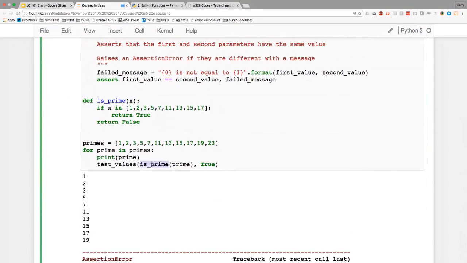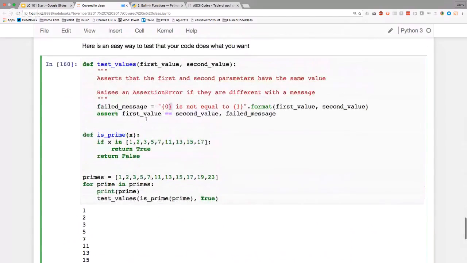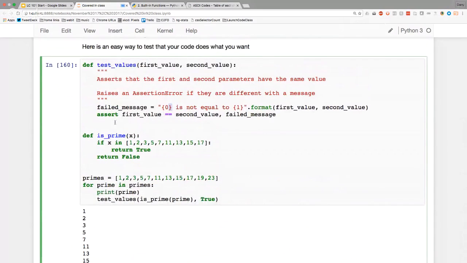What that means is I called is prime and I got false. So then I passed false as my first argument here. And I got false is not equal to true. The main point I wanted to cover here is that once you start running the code on your